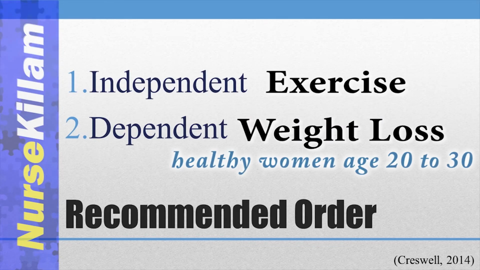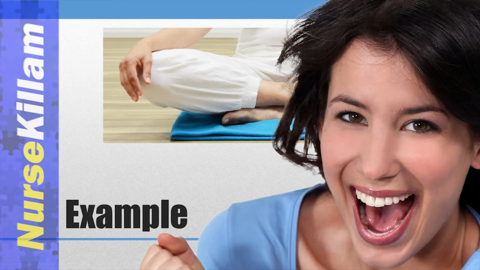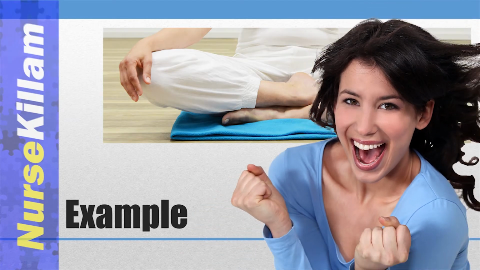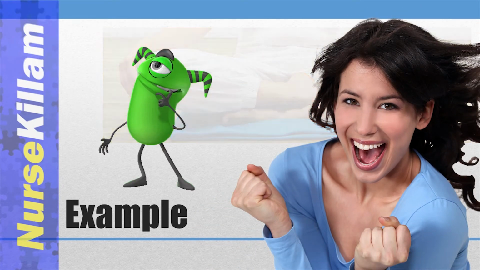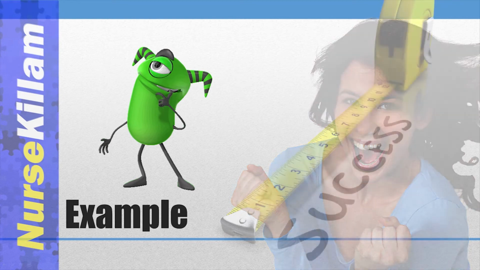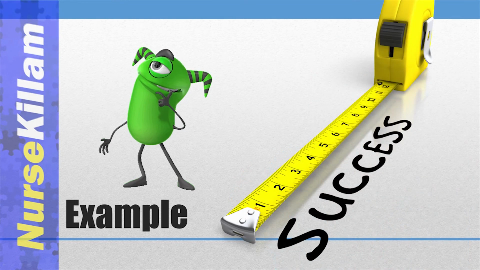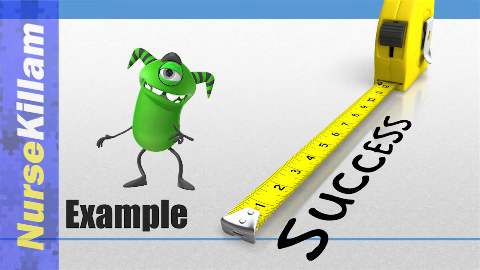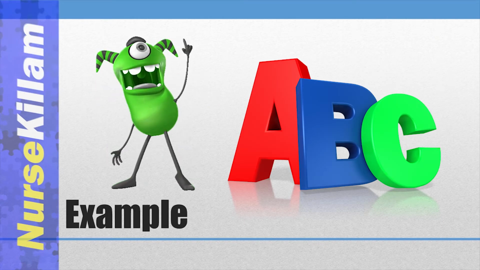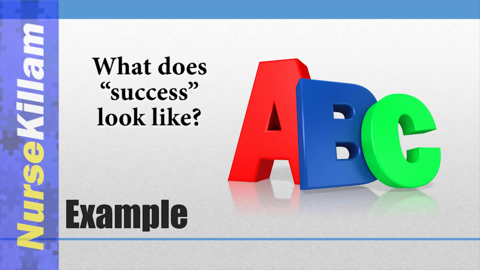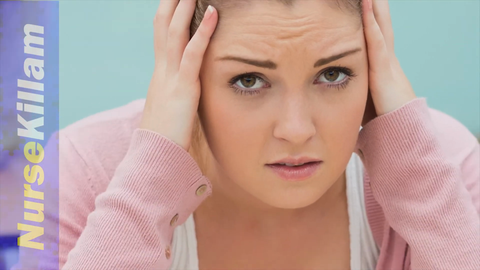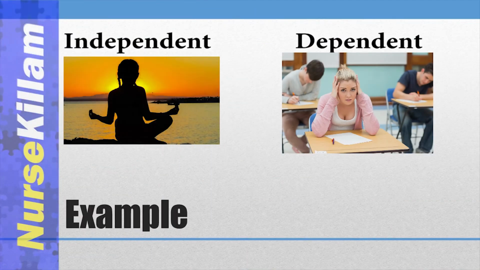In my example, meditation and success are the main variables. The problem is that success is too broad. How will it be measured? A better way to write this purpose would be to measure student grades. I could add other measures of success as well if I wanted to, but for this example, I'm going to stick with just grades. A completely different purpose could look at something like stress instead,